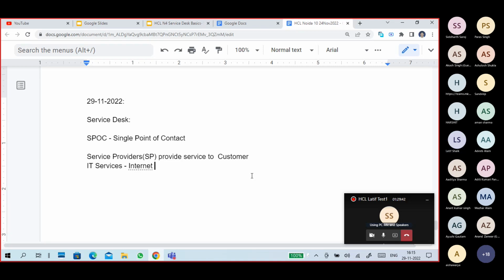Okay, we are getting internet from ISPs, right? Internet service providers: Airtel, Jio, ACT, You Broadband, Hathway. So these are all ISPs, internet service providers. That is also an IT service.